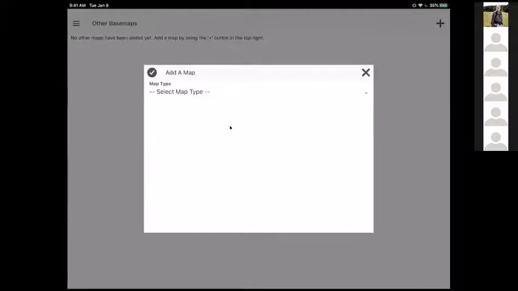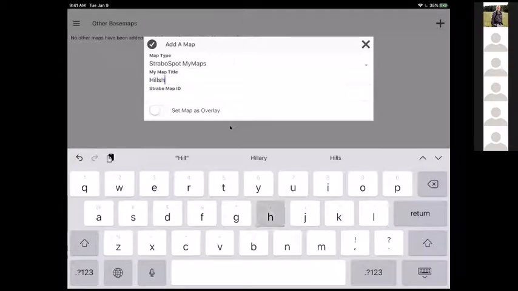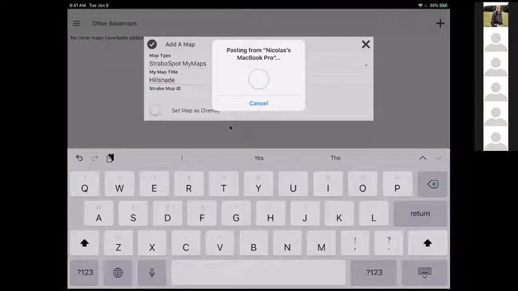I can hit plus, select a map type, so StraboSpot My Maps, and I can name my map, so hillshade, and I can paste that ID in. It'll take a little second.